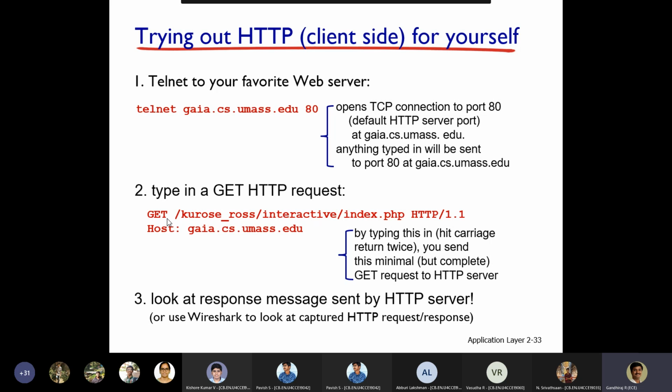Specifically, we are asking for data with a GET command to this particular path, which is pointing to this particular web server. That's the meaning. We already got a connection through the telnet application through port number 80, so connectivity is established with the server.